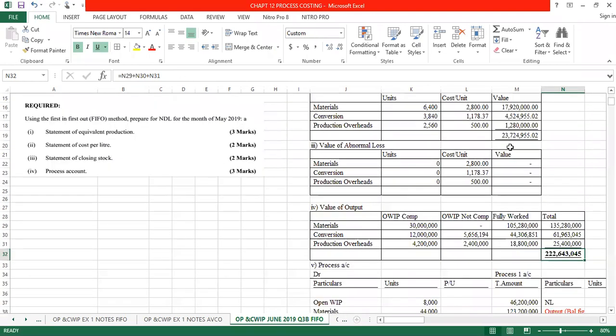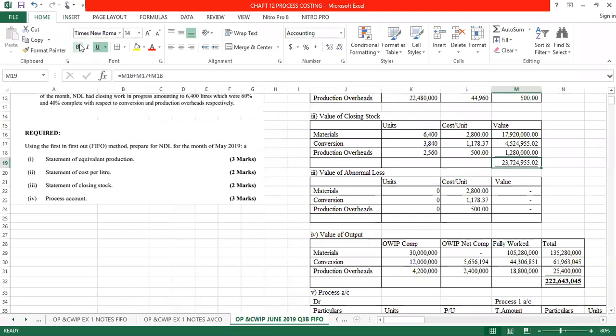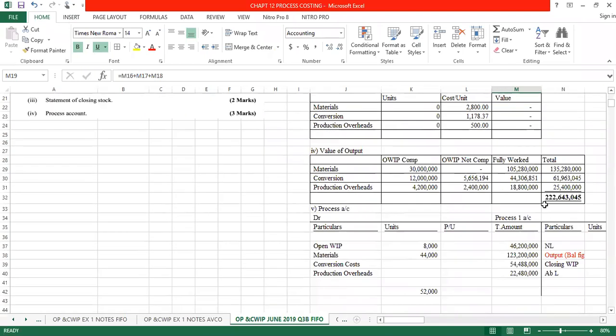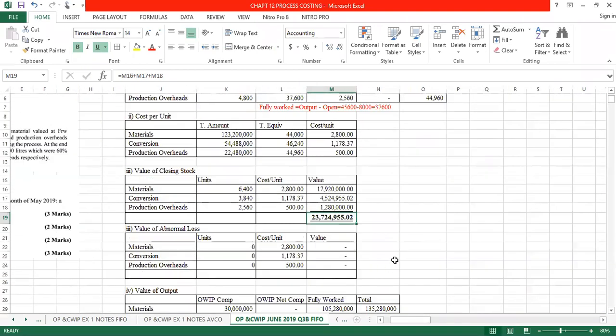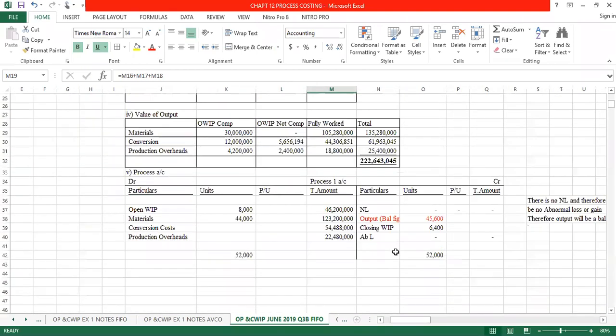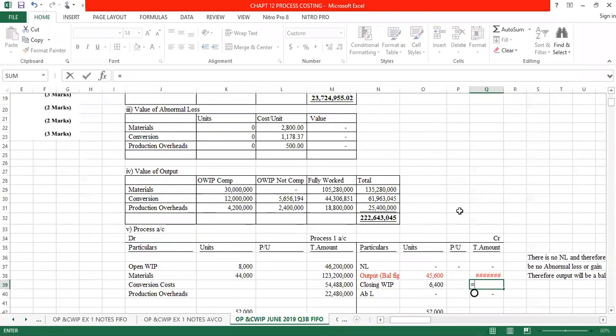This was the value of what? Closing stock. I think we have now completed the question. So you have your value of closing stock. Now we just complete the process. So what is the value of output? Value of output is 22 million. These figures are very big. And closing work in progress is